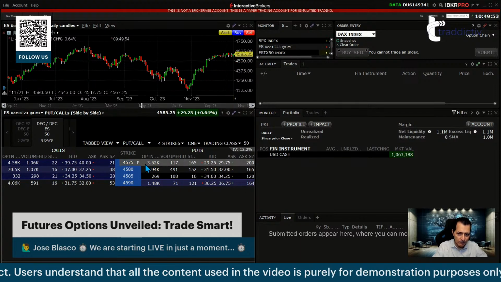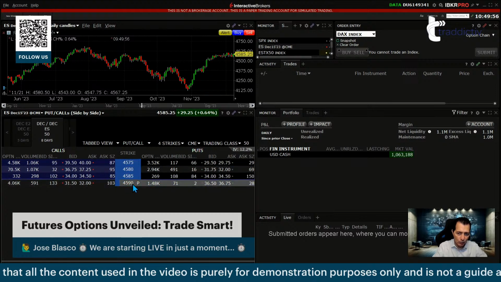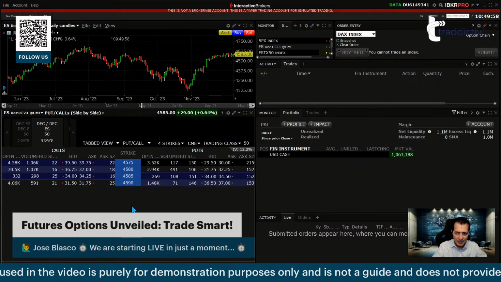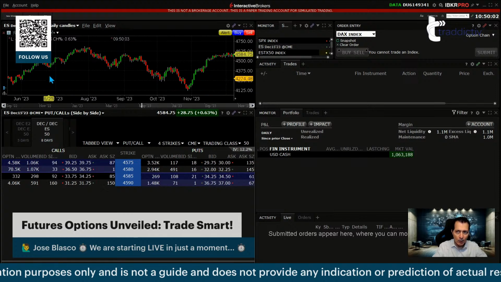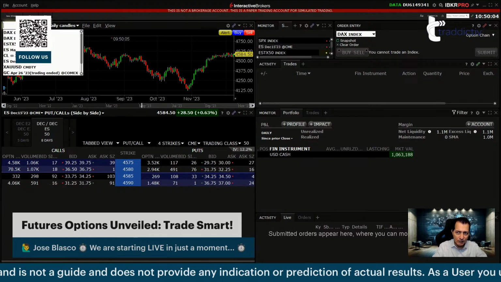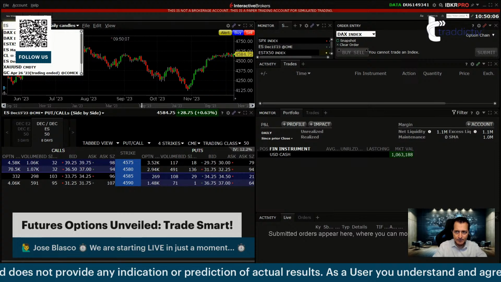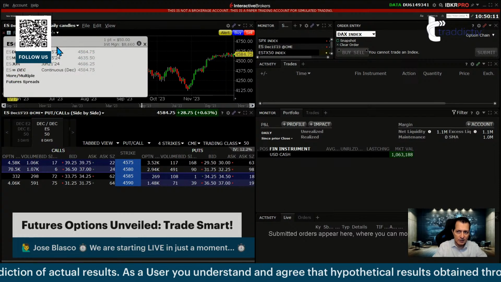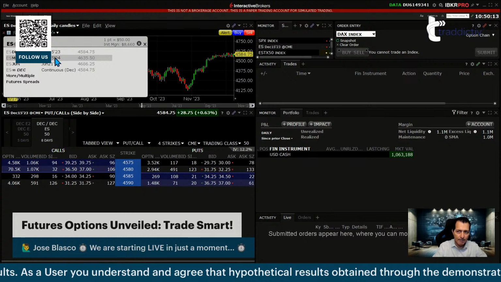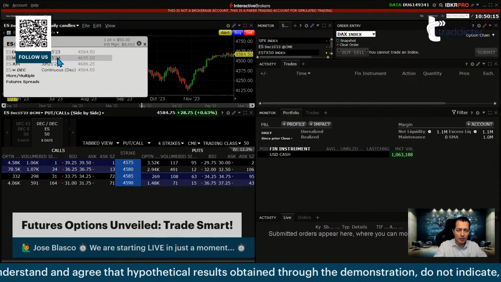So the nearest strikes are 45.75 all the way to 45.90, right? Using December 15 expiration, which is 8 days from now. Now, what if instead of using December expiration, I go back to select futures, but now instead of using December expiration, what if I use March expiration, which is 3 months later?